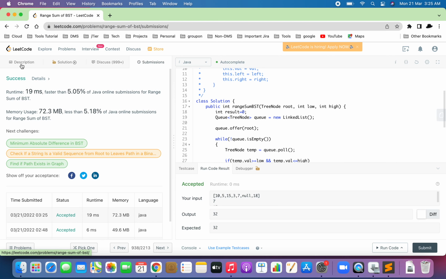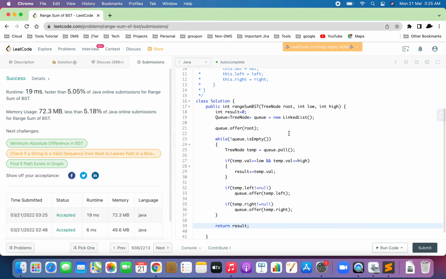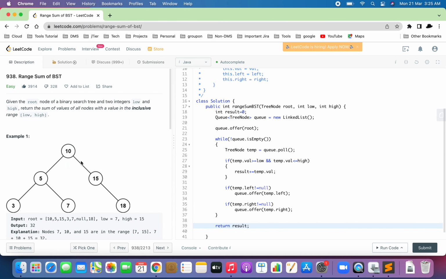Now let's discuss time and space complexity. Since in this solution we are touching all the nodes of a binary search tree, the time complexity will be order of n. Now what will be the space complexity? So the space complexity would be